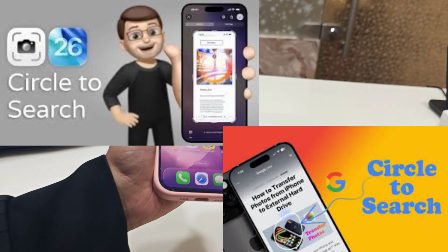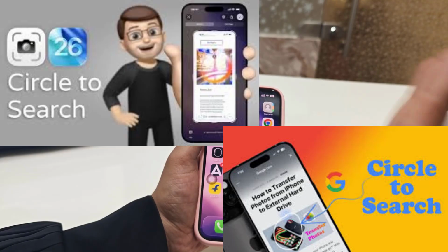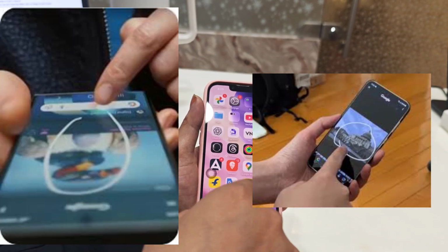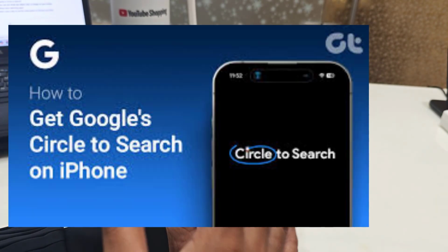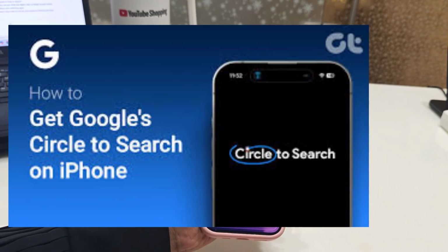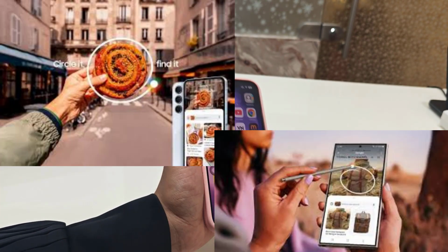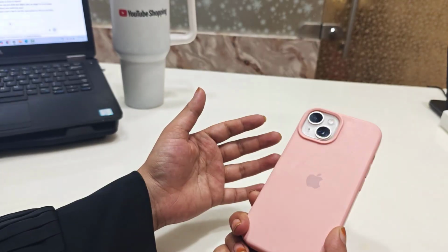So alright, let's start with the basics. What exactly is Circle to Search? It's that awesome feature from Google where you can just circle any object, text, or image on your screen and instantly get Google results about it, without even switching the app. Android users got it first, but the good news is there's now a way to use some of that power on iPhones and